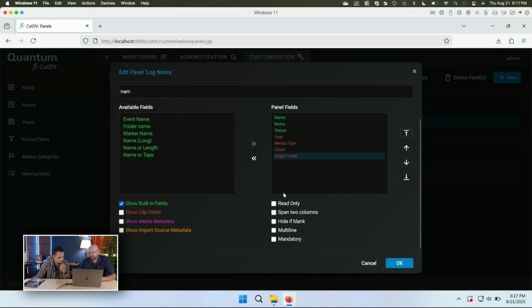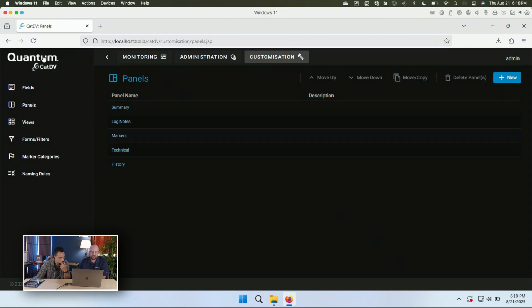And then also we have information down here if you want it to be read-only, if you want to have it take up 2 columns. And that's something where I kind of like all mine to take up 2 columns. It just kind of spreads everything out easier. So I'm going to just make a couple of these span 2 columns. I won't do them all, but I'm going to just make a couple span, and then let's get that name back at the top. But at any rate, then you can even make some of these mandatory if you always want it to be logged like that. But so now we've added that to our panel.